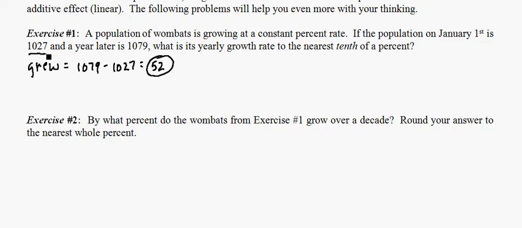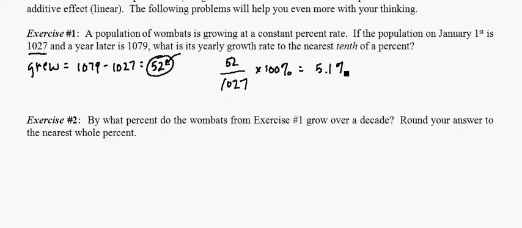Now what we need to know is, based on how many we began with and how much we grew, what percent of what we began with did we grow by? Well, that's easy. It's like getting a 52 out of 1,027 on a test. Don't get me wrong, that would be horrible. But of course that would give me my sort of percent as a decimal, and then if I want to know it as the straight up percent, I multiply by 100 and I get 5.1%